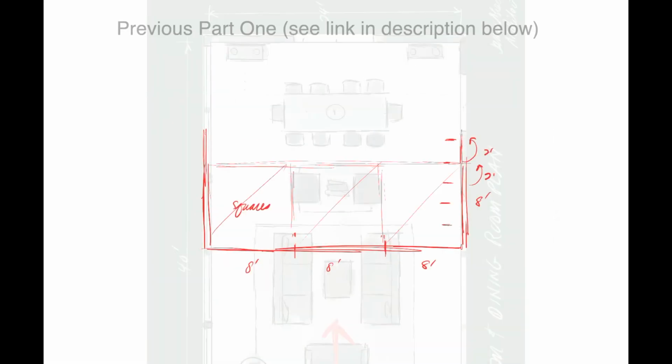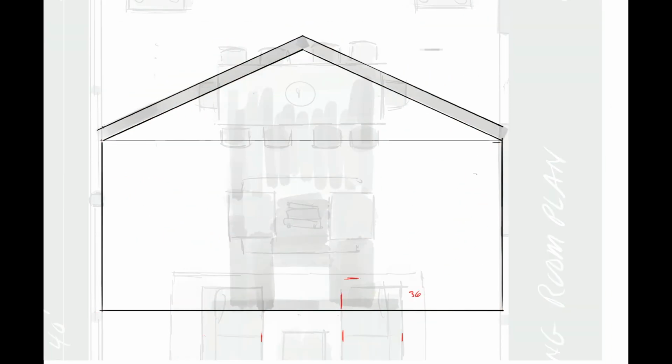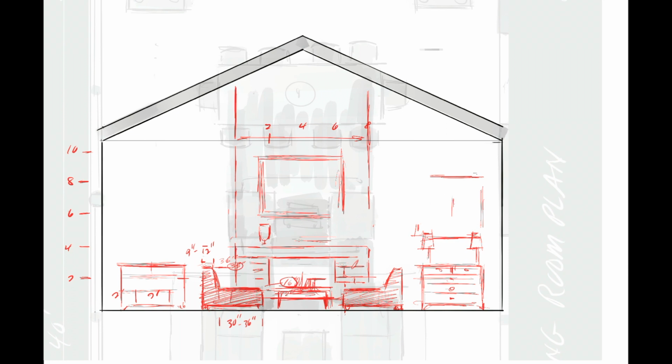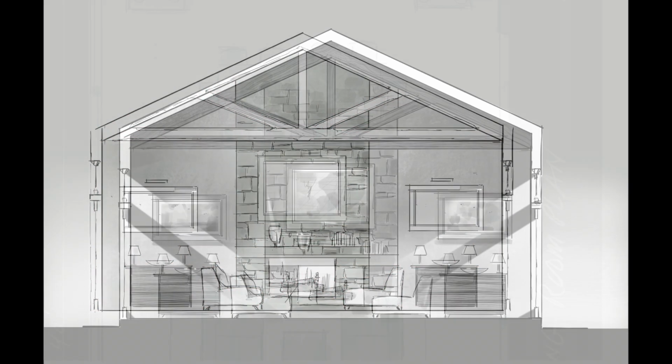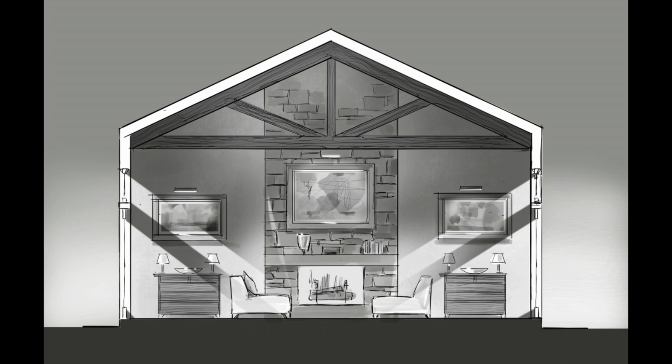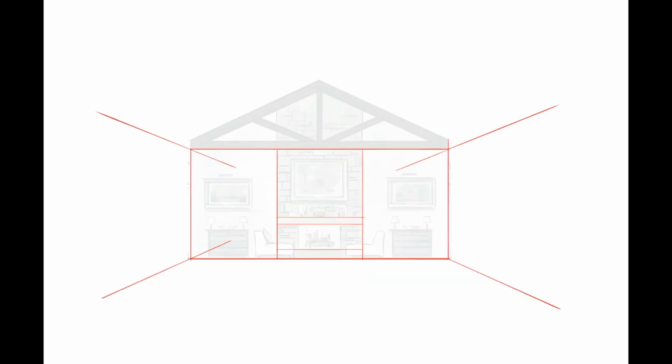In part two, we used that same plan to project and render a combined elevation and section of the space, adding a source of daylight streaming through the windows and applying tone and texture to give character to all the materials. And in today's part three, we're going to use that same plan and elevation to create a rendered perspective